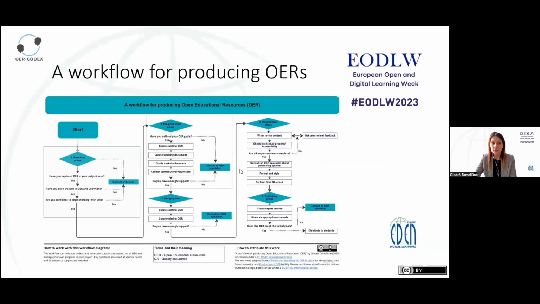In the second lesson, we focus more on the production of open educational resources. So here we introduce the workflow for producing open educational resources that was created by Menke and the University of Hawaii, where they propose a 5-step strategy for a successful OER development process, where teachers are led through the research, pre-production, design, development, and publishing phases. And the list of questions provided in this workflow can help teachers to rethink the most important elements of open educational resources that are being created.